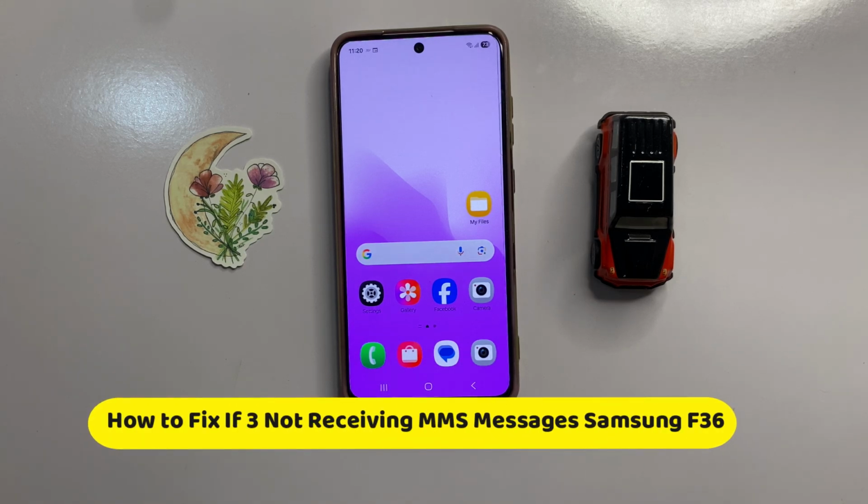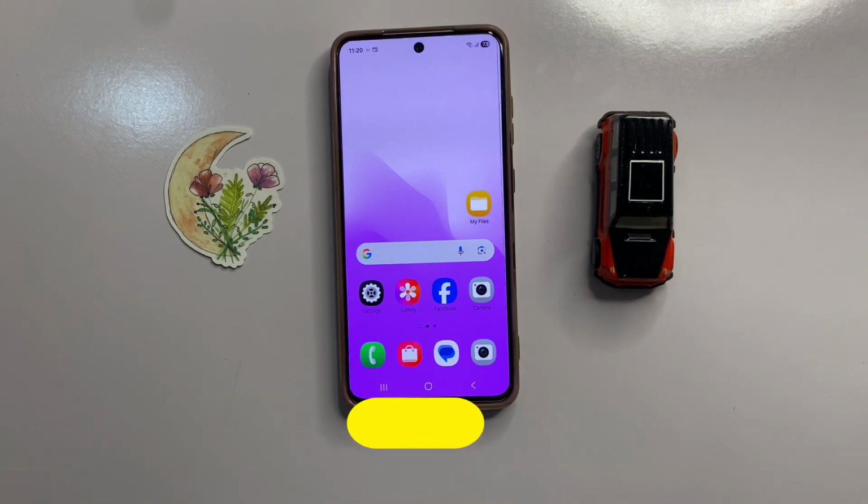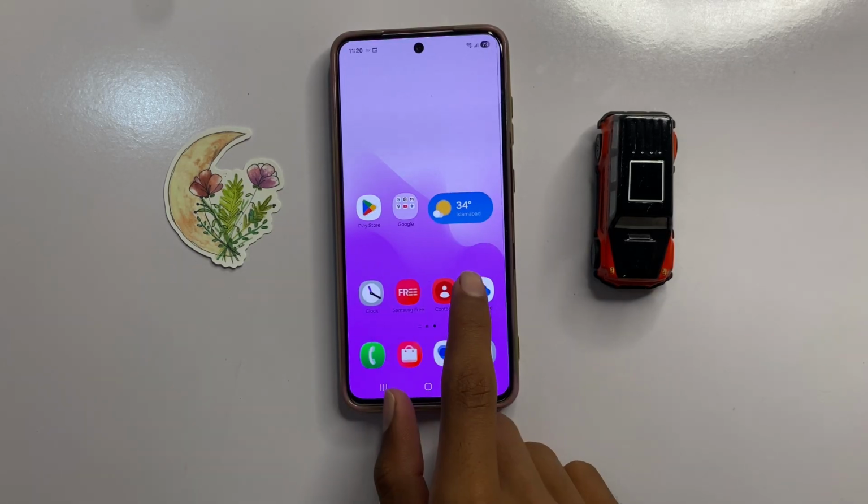How to fix Samsung F36 cannot receive MMS messages. So let's start the video. First of all,